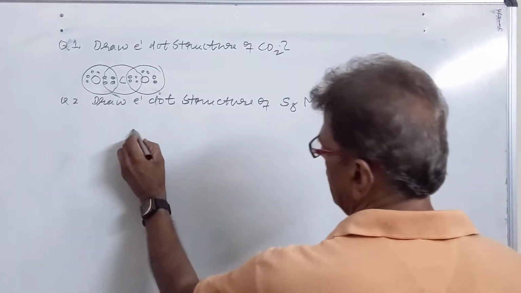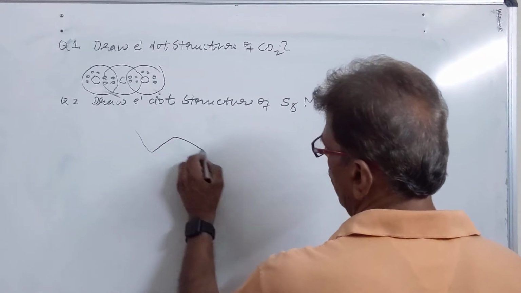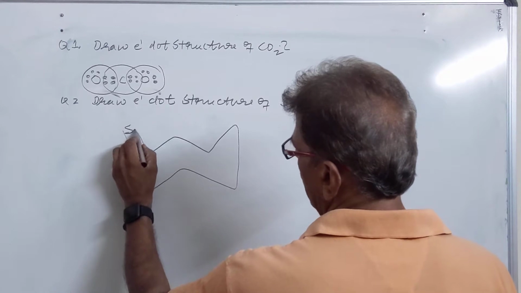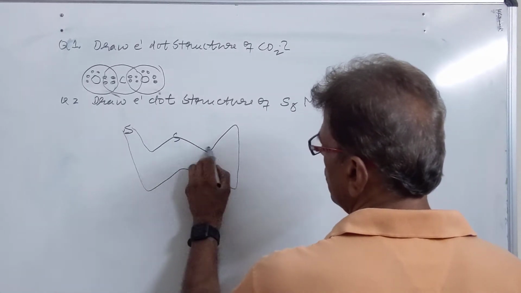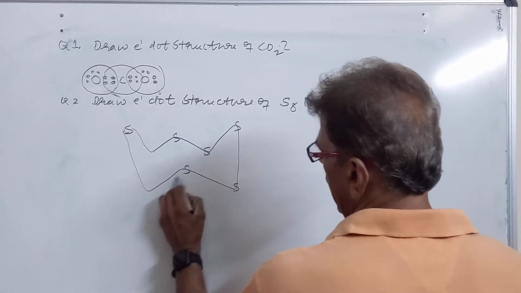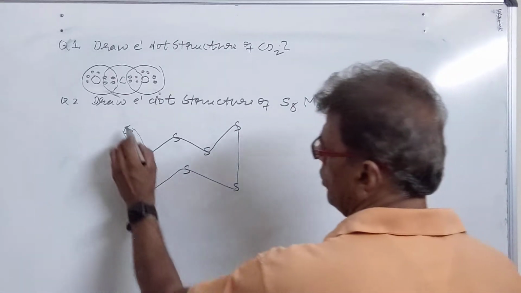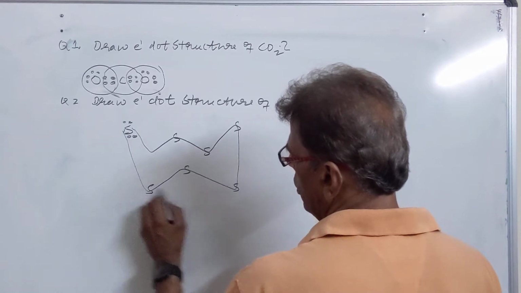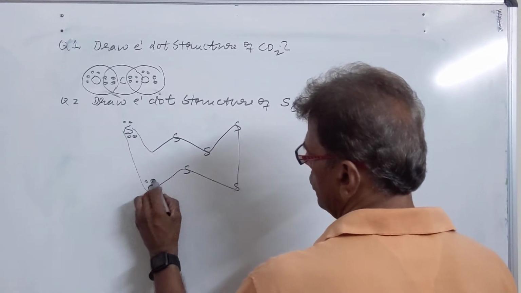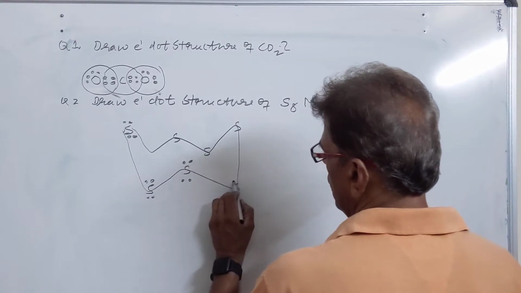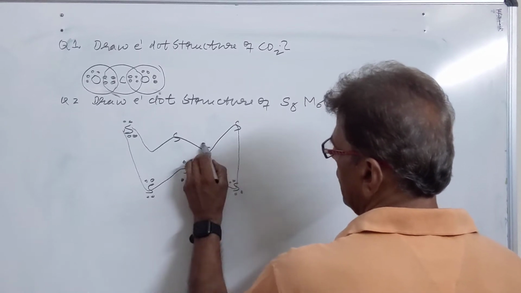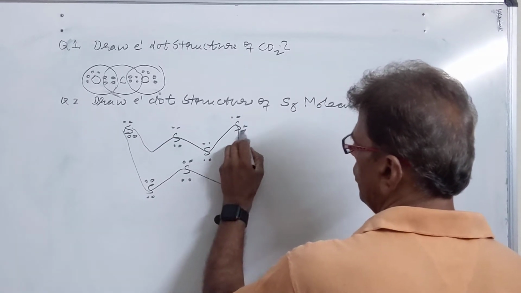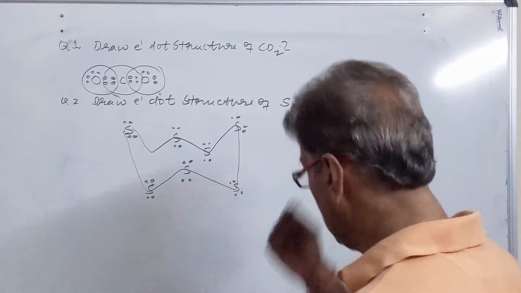The S8 molecule has a W type of structure. It is called a puckered ring structure, where each sulfur is forming 2 covalent bonds and has 2 lone pairs of electrons. So these bonds are formed by 2 electrons. Since sulfur had 6 electrons, 2 electrons got shared among the sulfur atoms and 2 pairs of electrons remained as such.